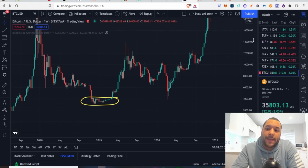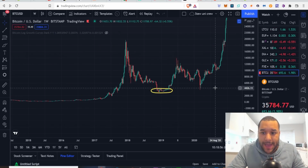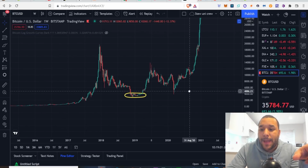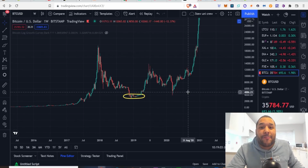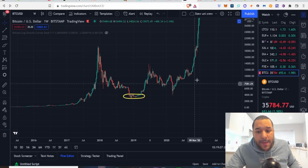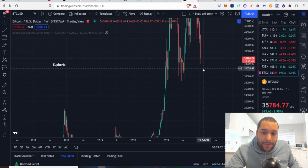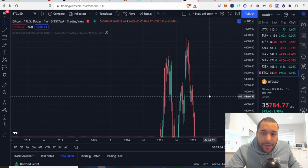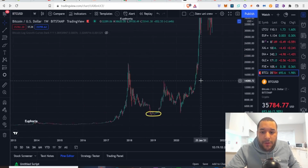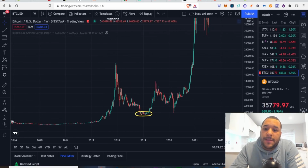Look at how euphoric it looks now, because you don't understand if you felt euphoria yet. Now, for new people coming into the game, thinking about buying Bitcoin, you're thinking it's cheap, 35 grand. Well, maybe it is cheap. I mean, it's done a 10x from when I bought it, or 15x. But look, you can see the euphoria. That is pure euphoria. And it's hard to see when you look at it on a logarithmic scale, but when you look at it like this, it's come straight off the